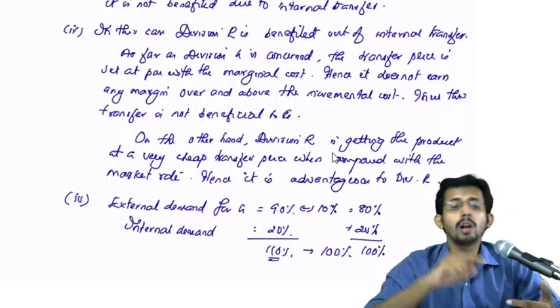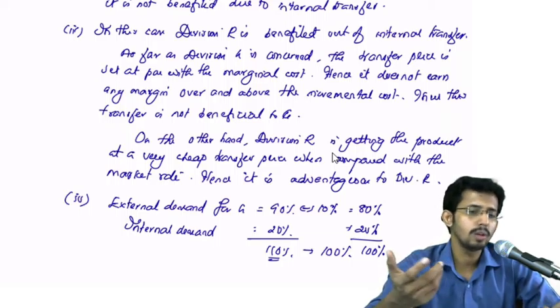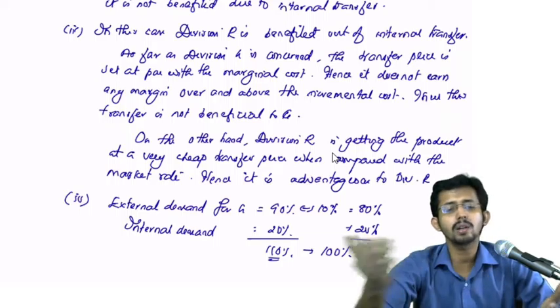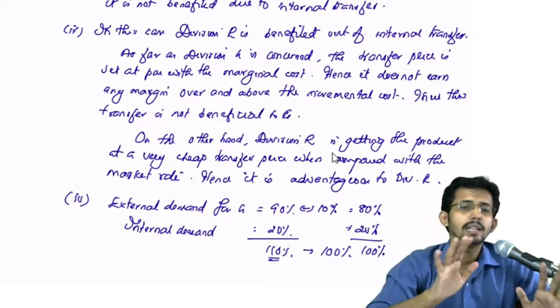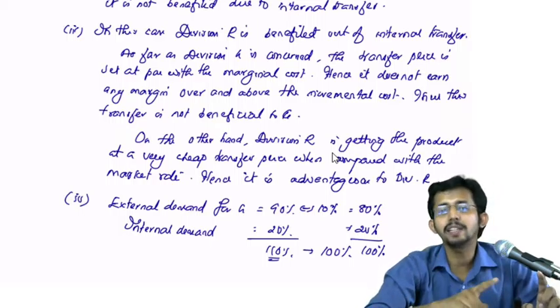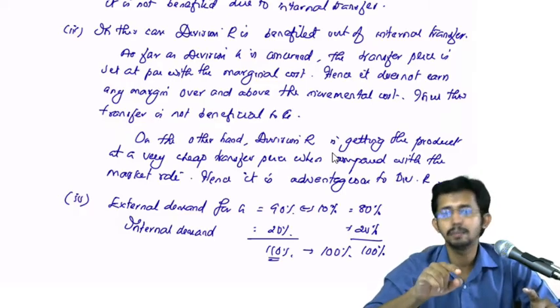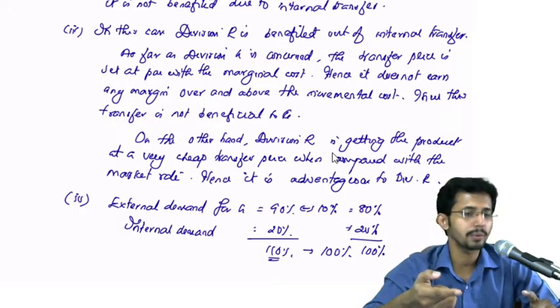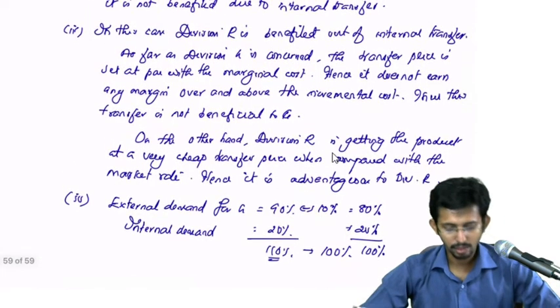Yes. And what about division R? Is there any difference for division R? No. Whether they are going for internal transfer or external purchase, they will have to pay the market rate. Same thing only. So division G is benefited to the extent of 10% of additional demand due to internal demand and pricing at market rate, whereas division R is indifferent. Okay, so you can write,